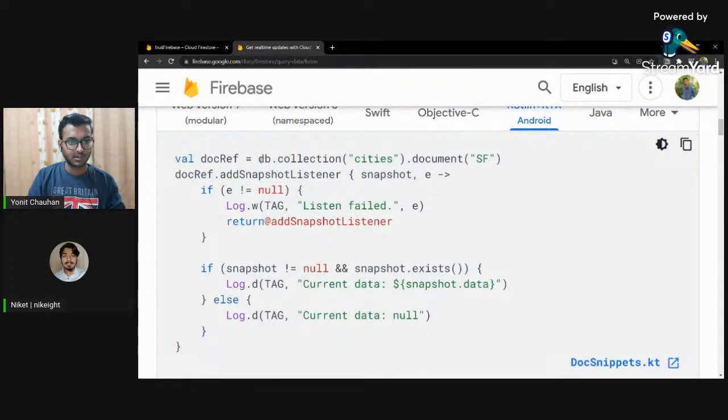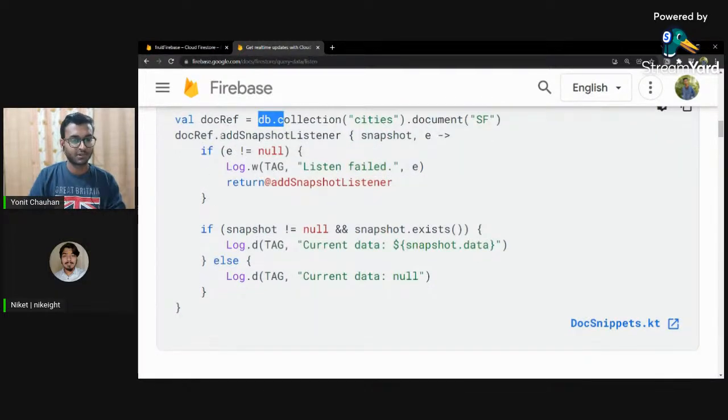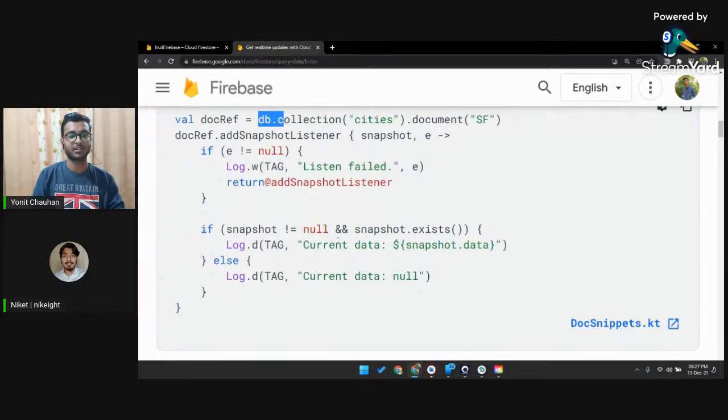Okay, so this is the code. This is database dot collection dot document. It is similar to what we have already written, but instead of get, we write add snapshot listener. But there is one thing to also mind here, that you need to have